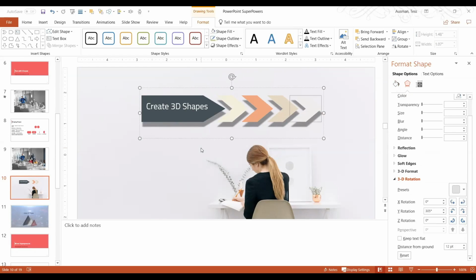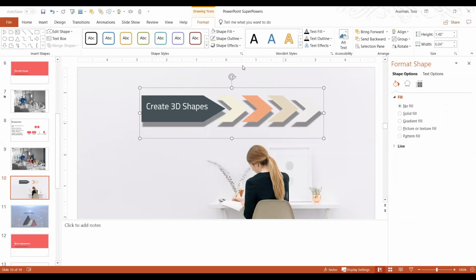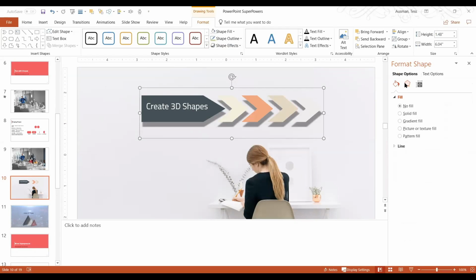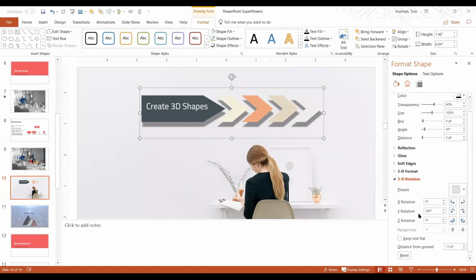So you probably don't use the 3D rotation section. And today I'm going to encourage you to start using it. So this looks like a shadow. And if I were adding a regular shadow, I would just go to Shape Effects and do Shadow, and here are all the different shadows. But what you see here is actually not a regular shadow. I've done 2 3D effects. The first one is Distance from Ground. I love this one. So watch what happens